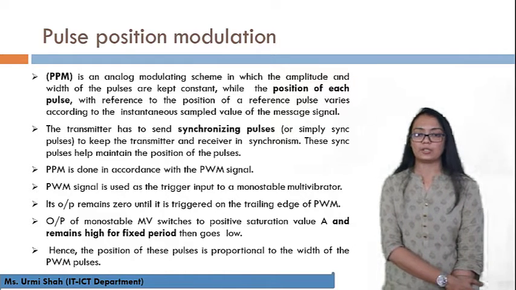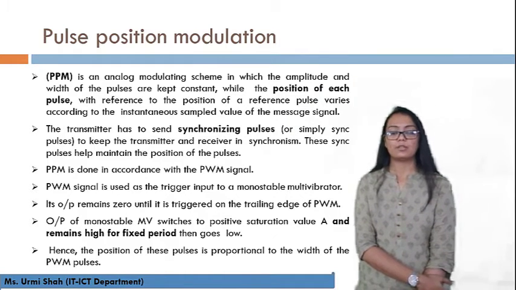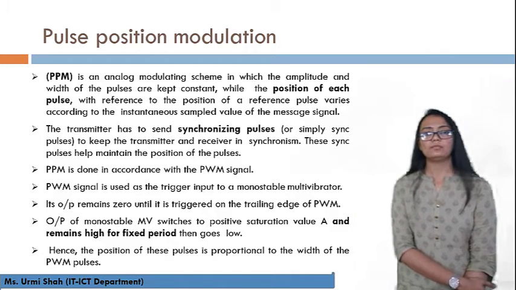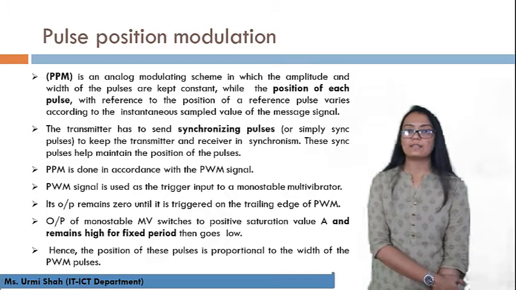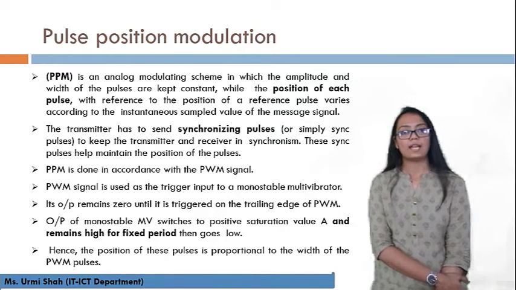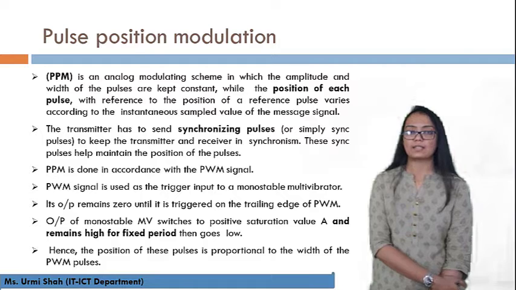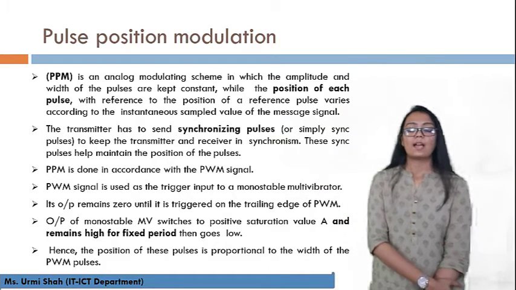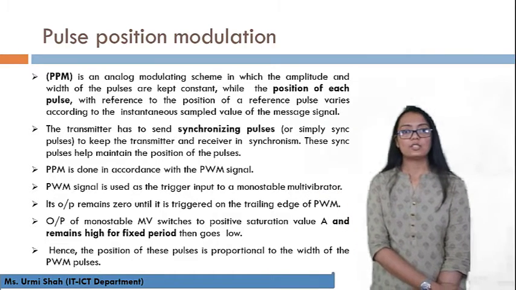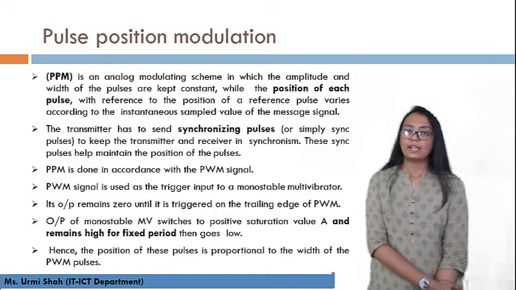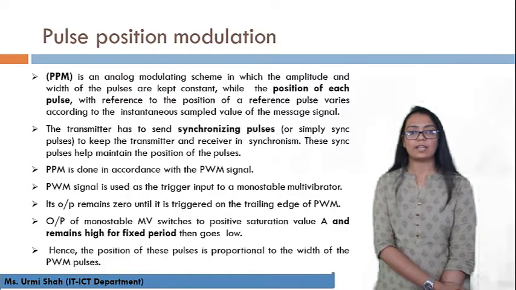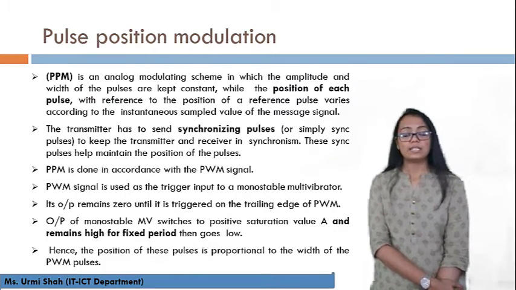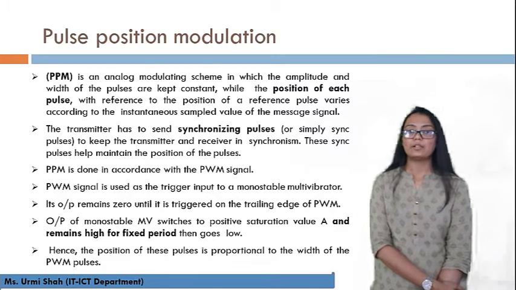Next type of modulation is pulse position modulation. PPM is an analog modulating scheme in which the amplitude and width of the pulses are kept constant, and the position of each pulse is varied with reference to the position of a reference pulse, in accordance with the instantaneous sampled value